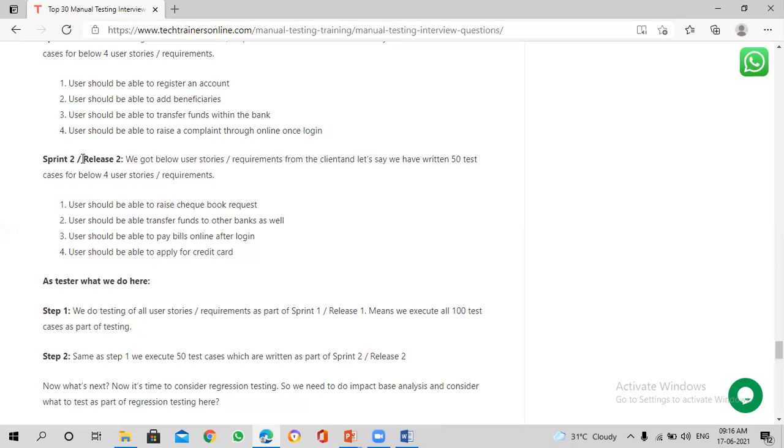When I say pay bills, it could be credit card bills, mobile phone bills, gas bills, or electricity bills, whatever it is. Then delete the beneficiary. These are all called end-to-end flow. Then finally, block your account, block your card and see, unblock your card and see, and make sure that once your card is expired, it will send an email for renewal to get the new card.